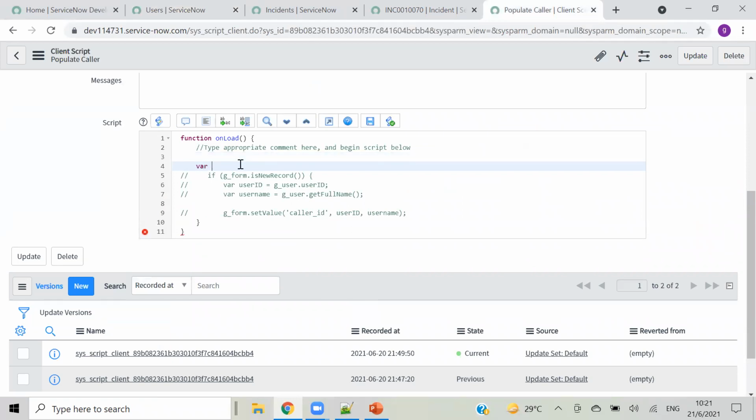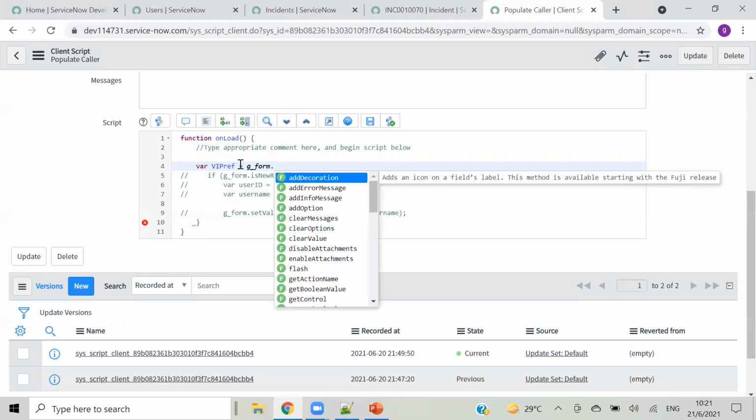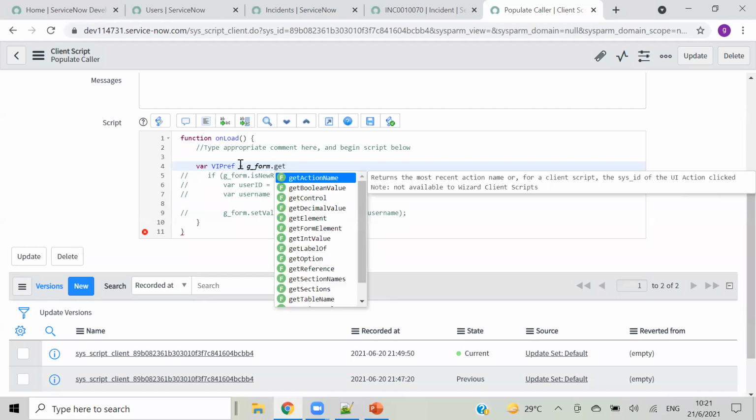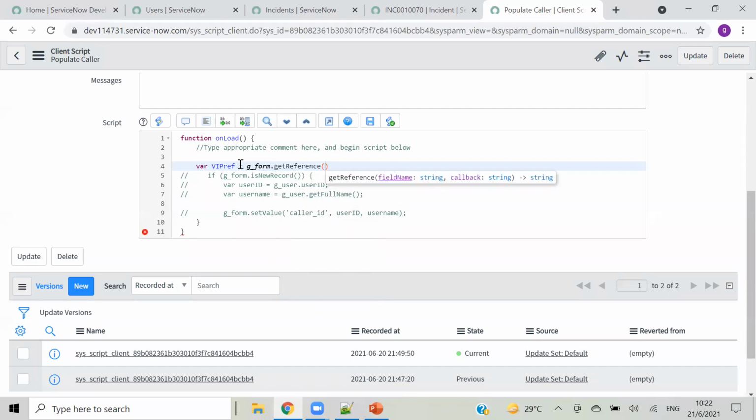So for that, VIP ref something. Okay, then g_form.getReference. And last week I told you that if it is a reference field, I am directly getting the sys_id value of that. And if I want to get the display value, I was trying that last week, but that is not possible directly in a client script.